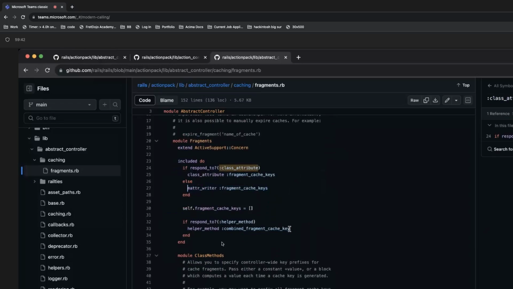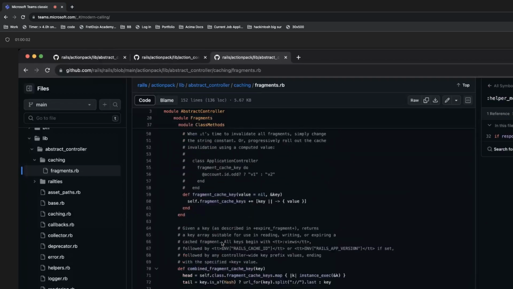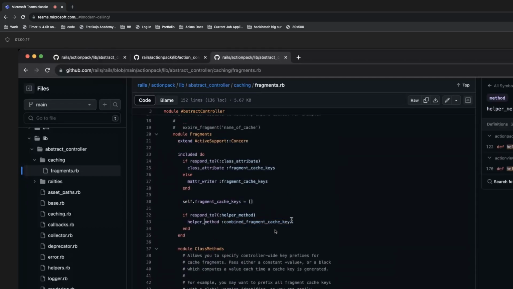combined fragment cache key. This is a little bit interesting to me, like helper method, because we're not providing any kind of implementation of the thing. So how are we? Well, then they're going to add this combined fragment cache key. That's probably there. It is right there. So it's going to make it available as this helper. So it's going to take this method down here, and it's going to make it available, kind of like a